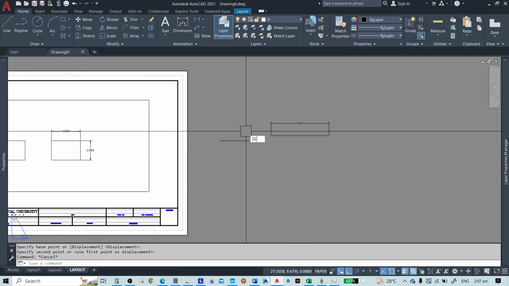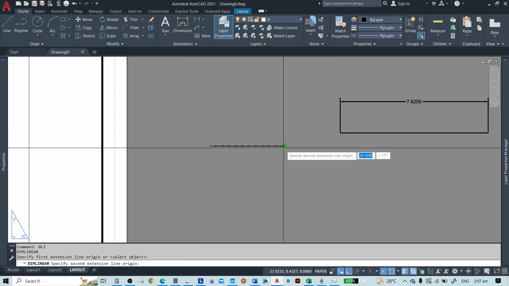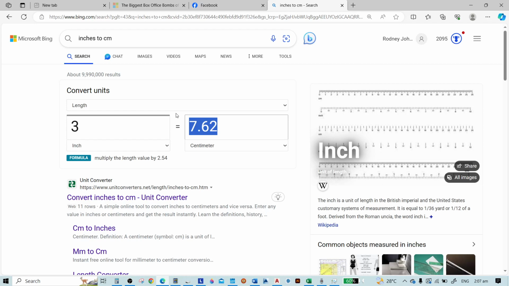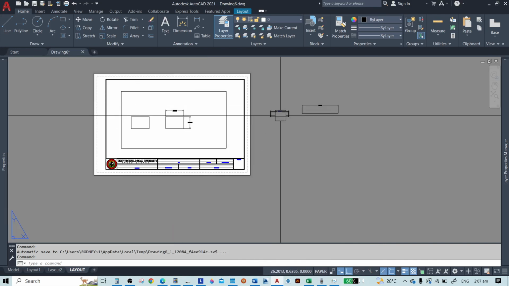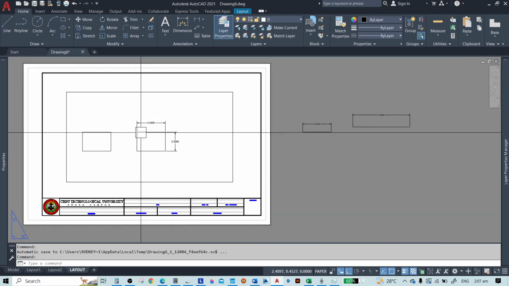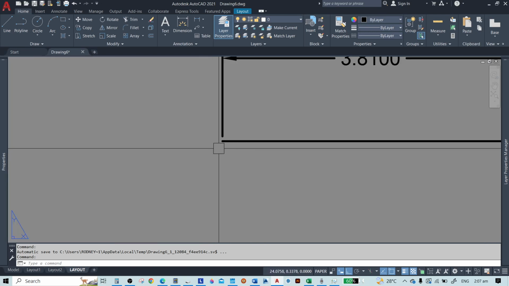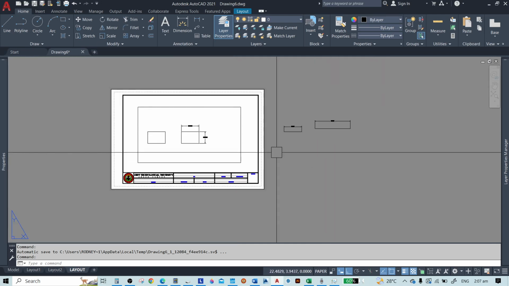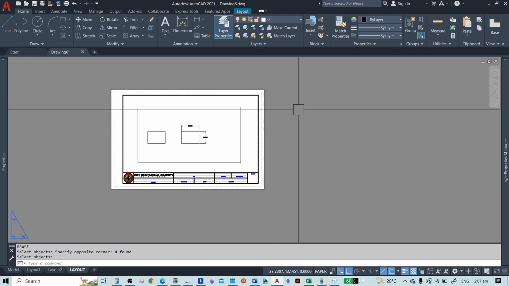Put it outside the dimension, 3.81. Let's check if that is correct. 3.81 centimeter is 1.5 inches. So 1:2, 3 inches will become 1.5 if we scale it to 1:2. So this is correct. This line is already 1.5 inches. Okay, so that's how you do the scaling.